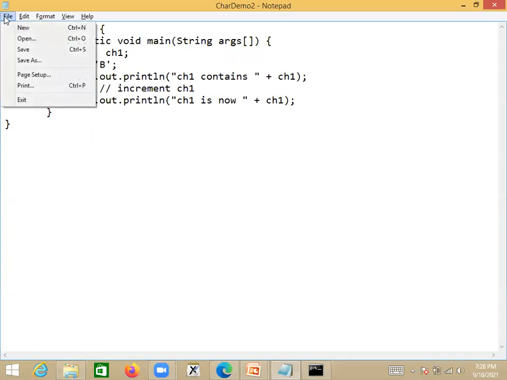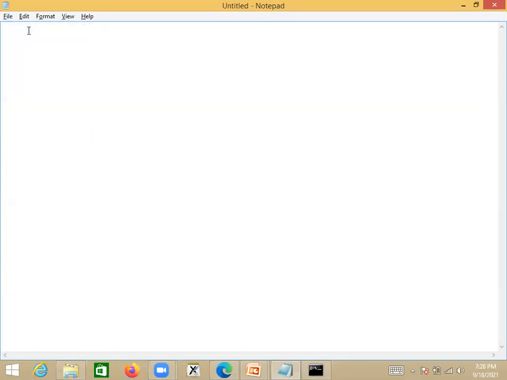So what I do is define a class, called DoubleTest. Inside this I define a main method, public static void main, String args.